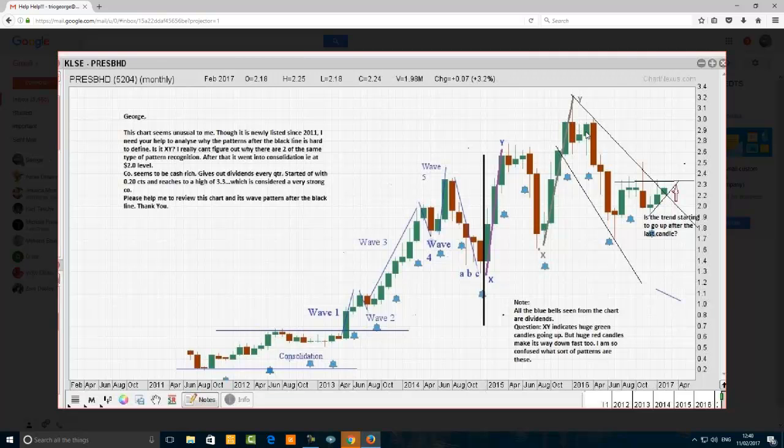So now you need to pay attention. Personally, I believe there should be one more move down before the price will start going up, because it looks to me, because I don't have the chart, I'm just looking at this chart here. So it looks to me 1, 2, 3, all right, 1, 2, 3. Now we are expecting 1, 2, 3, 4, 5. So, though this consolidation is happening here,